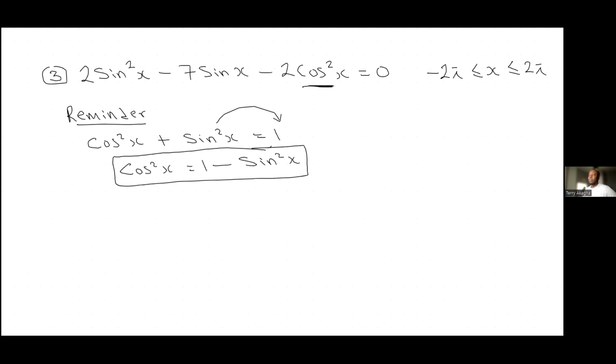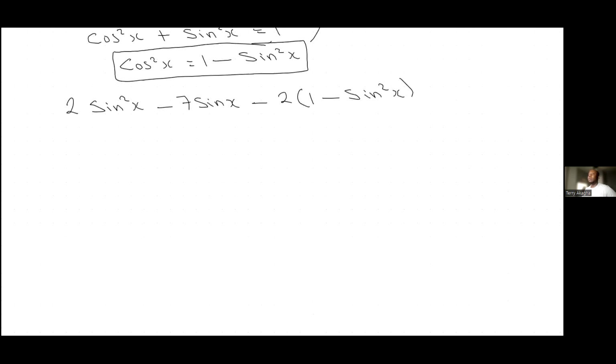So now it's going to become 2 sine squared x minus 7 sine x minus 2 into bracket 1 minus sine squared x. Are you seeing it? So now, since we have that, we can open the bracket to play around there. So we can now say 2 sine squared x